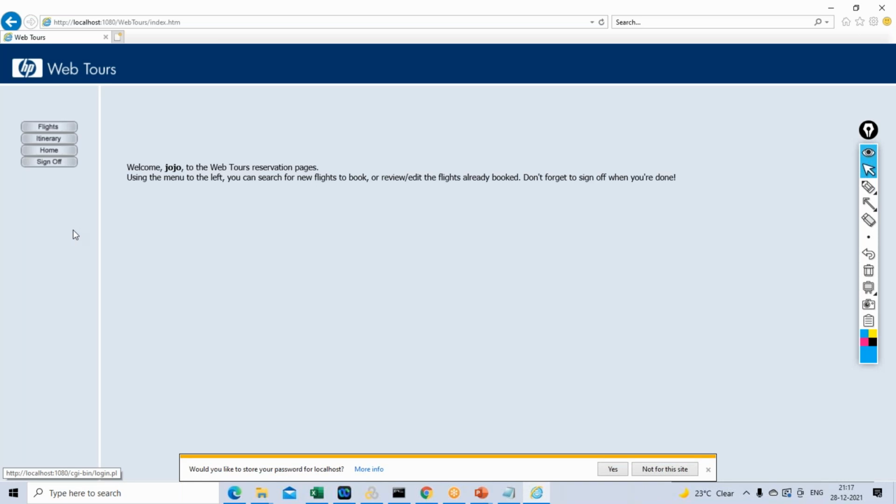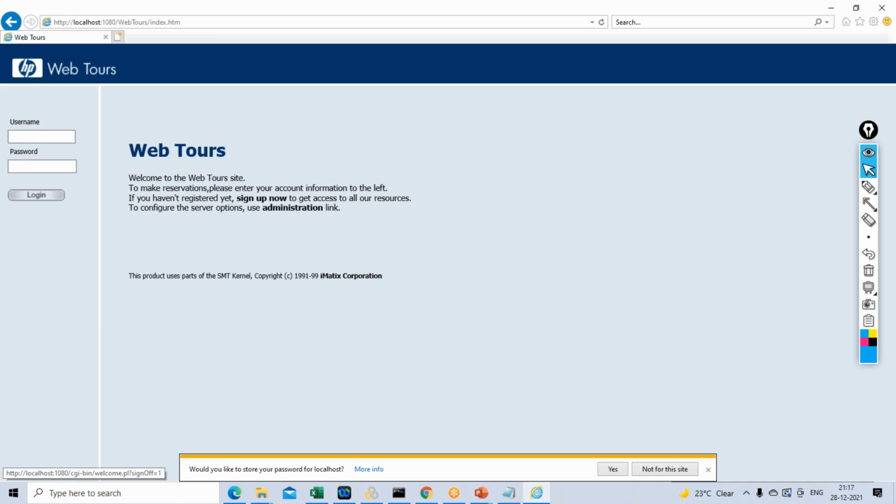So I want to know how much time it is taking for the login functionality. As soon as I enter username and password and click on the login button, how much time is it taking for me to navigate to the next page or the home page. And then when I click on the sign off button, how much time it is taking to sign off or log out of the application. So for this, we need to record or generate the script for the same steps. Why do we need to generate this script? Because that script will be run by multiple users simultaneously.